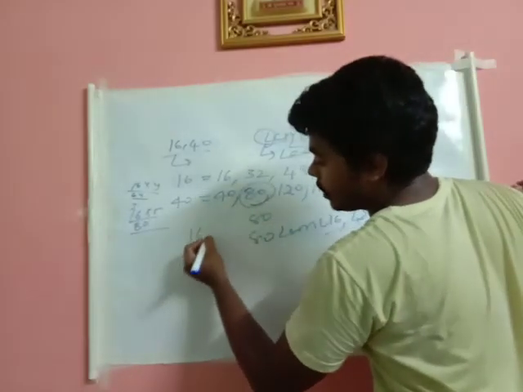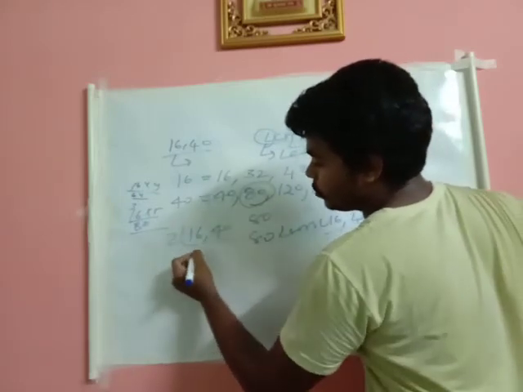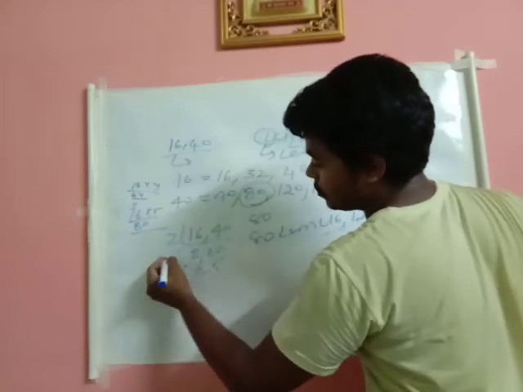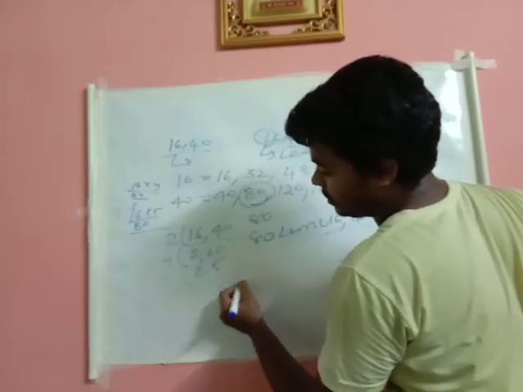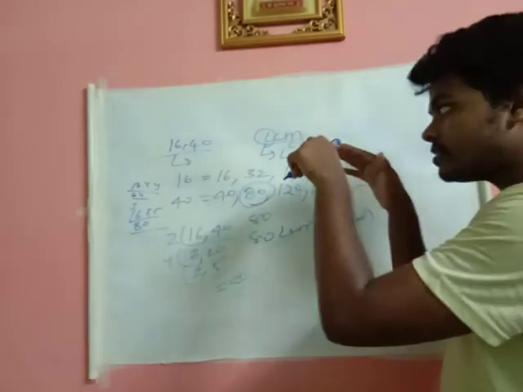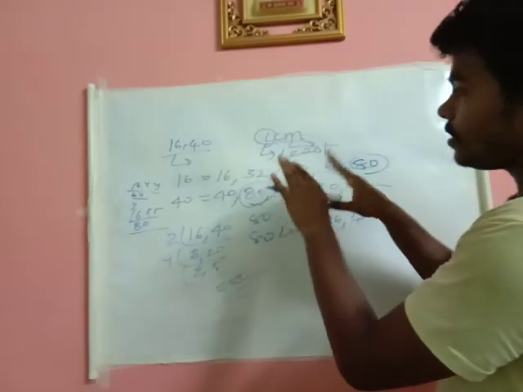So how will you get the LCM basically? You take 16 and 40: 2 eights are 16, 2 twenties are 40, 2 twos are 4, 2 fives are 10. So 2 fours are 8, 8 twos are 16, 16 fives are 80. So the LCM is 80. This is the basic way, the topic that was hidden in LCM and HCF.